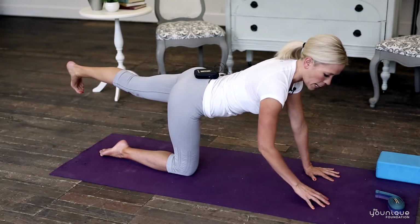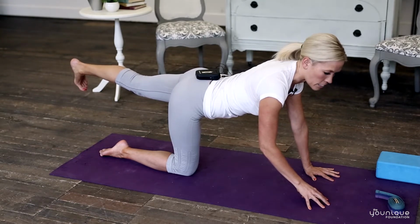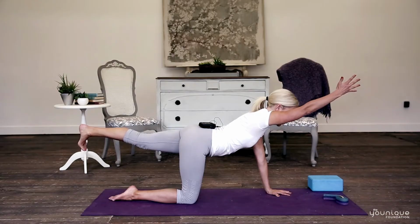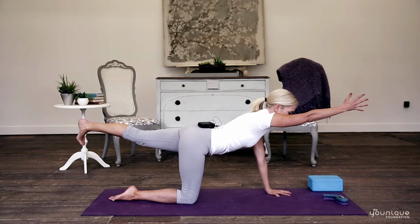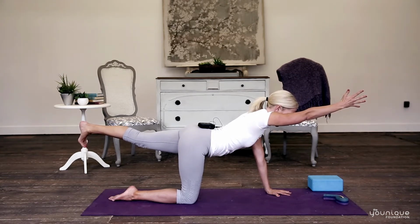Shift your weight into your right hand, maybe come to your left fingertips, and maybe that's enough of a balance issue right there. Maybe you can even start to extend that left arm forward, creating some nice length through the spine, through the body. This is gonna kind of stabilize things. Just take a nice deep breath here,